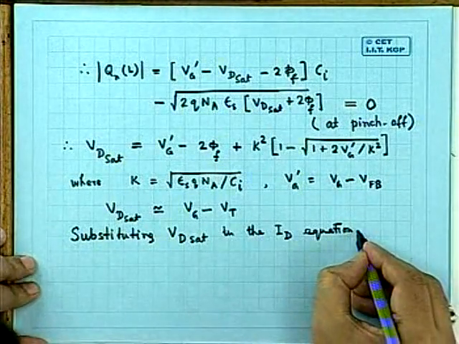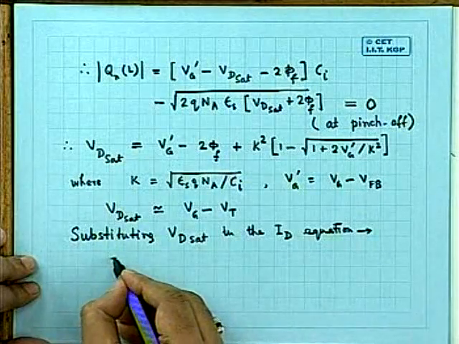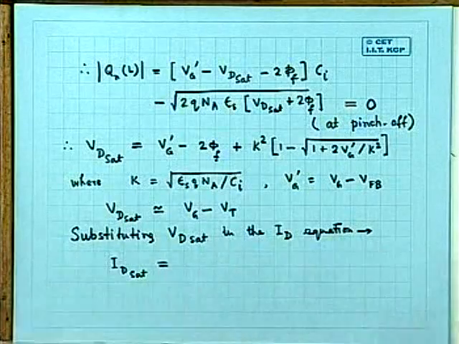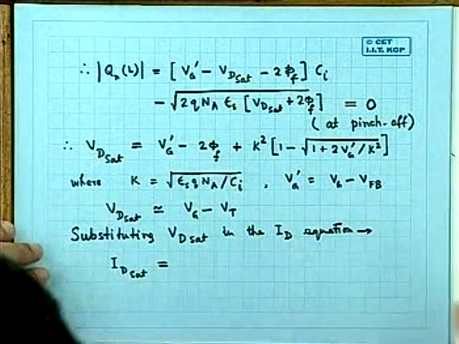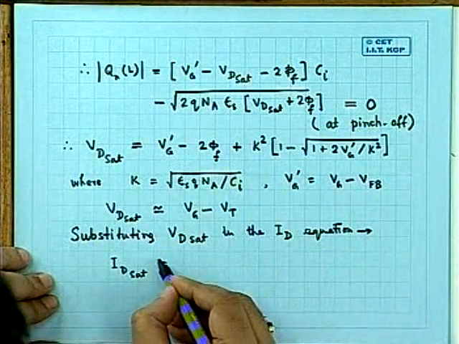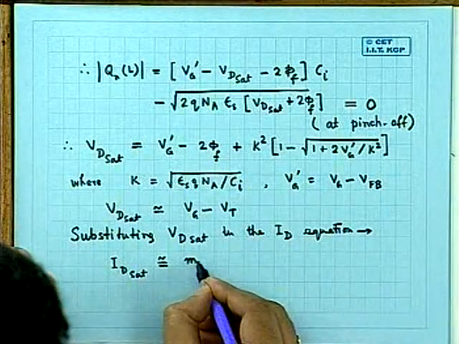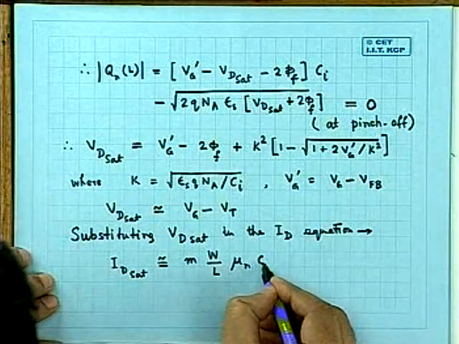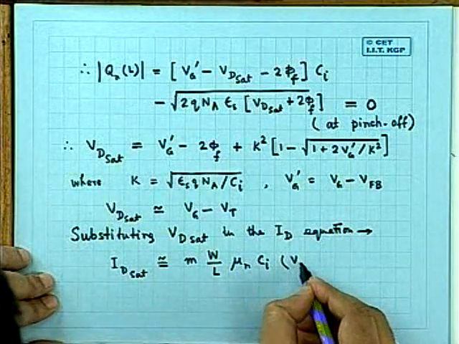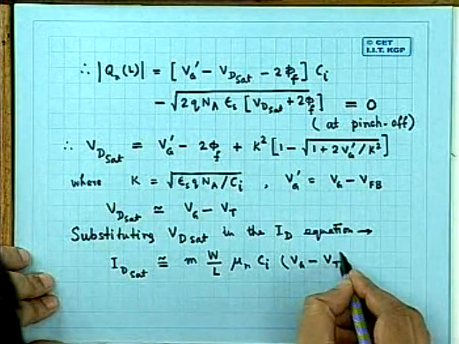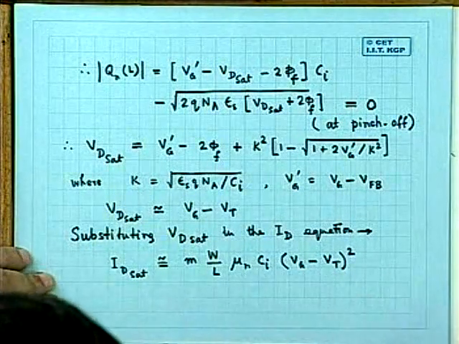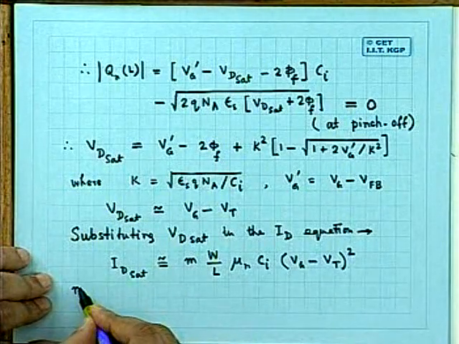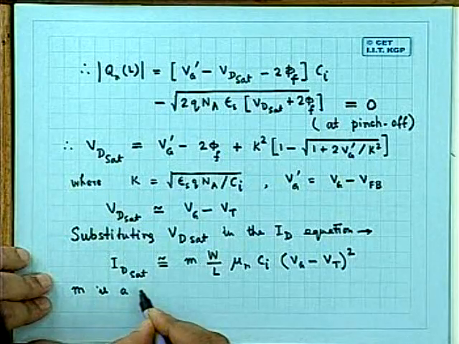We get an equation which looks like this. I will not write it out, because otherwise the equation is a very, very big equation. Let us ignore it. We get an equation which is something like this: M W by L mu n Ci into (Vg minus Vt) whole square. Looking very similar to the earlier derived equation. But here M is a function of